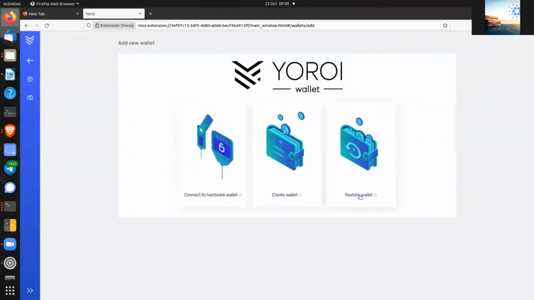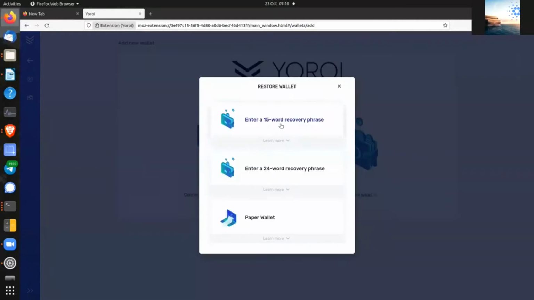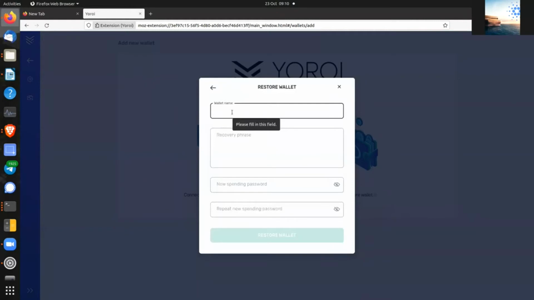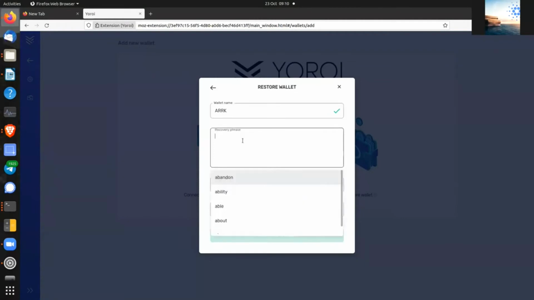You want to click Restore Wallet, Cardano, and then select your recovery phrase, whether it's 15 or 24. We did a 15 last time, I believe. And then you also want to cover the type of wallet, which is going to be a standard wallet. I believe we made a standard wallet last time. This is where I believe you can change your wallet's name if you'd like. I haven't checked that, but I'll just go ahead and use the name of your last wallet and the